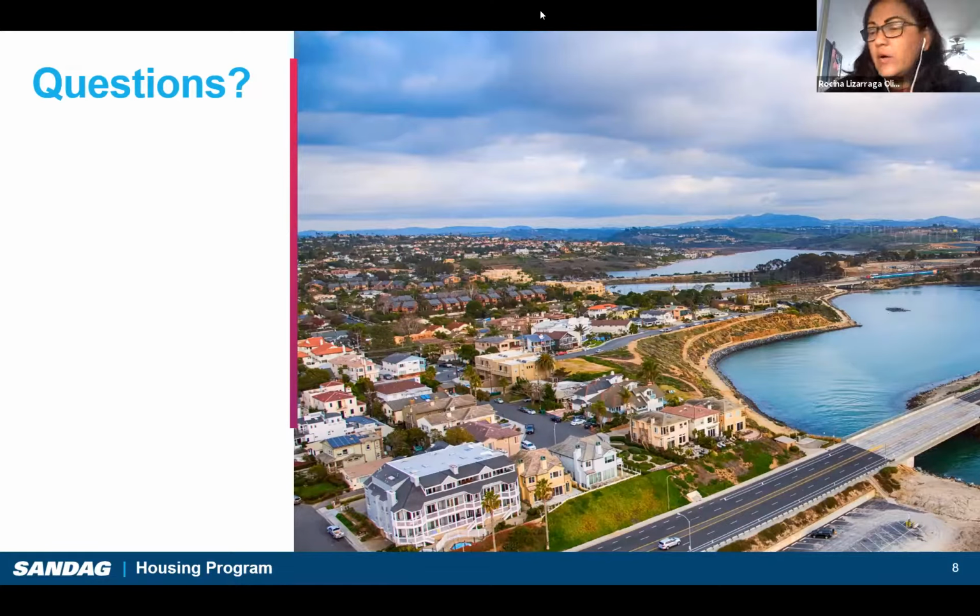Thank you for this presentation. This is really exciting because on top of food insecurity that we've been facing since a long time ago, we also face housing insecurity. So that's not a good thing to deal with. I'm excited to see that you have, as a SANDAG entity, taken all this into consideration for communities like ours. But I would like to see more clarity that it will be a component of this project or this granting opportunity for home ownership versus leasing opportunities for people that are laborers that are not able to